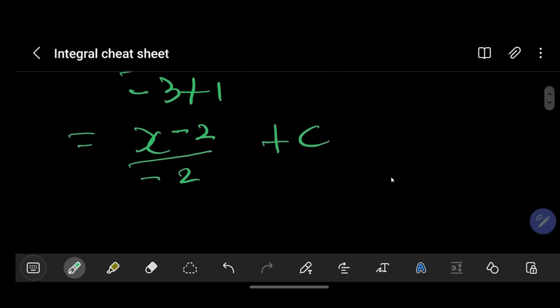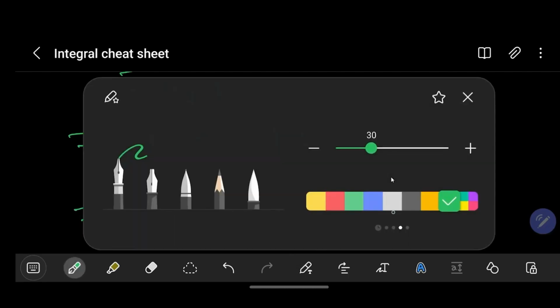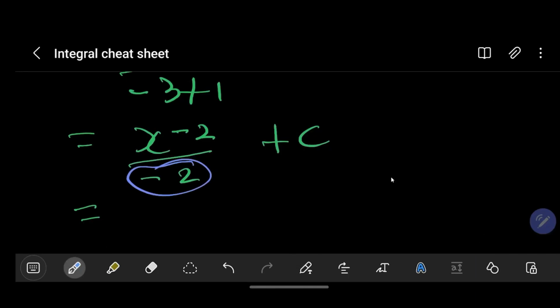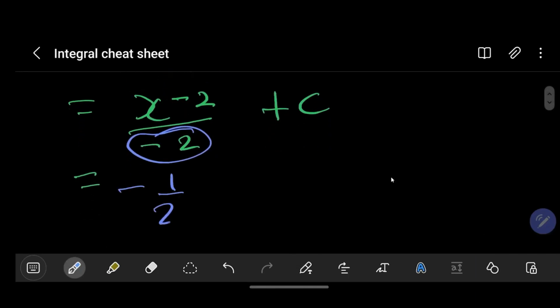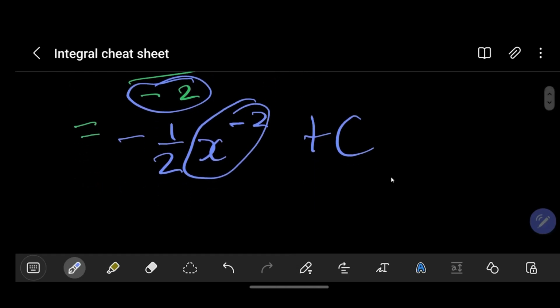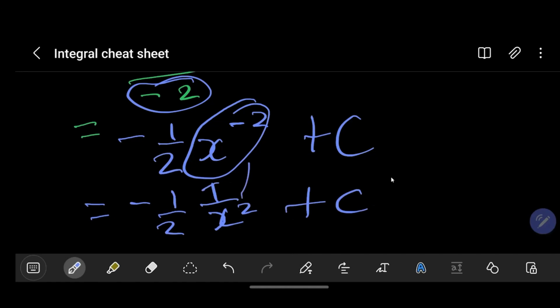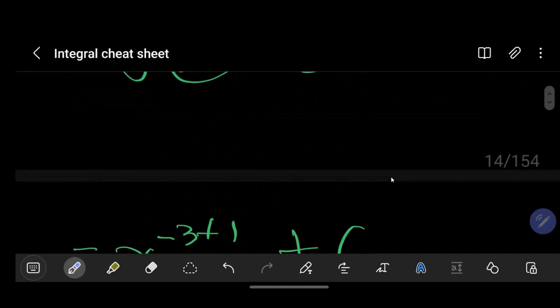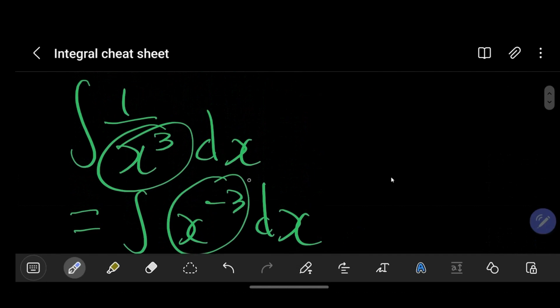Is this the simplest format? Not really, because we can bring out the minus 2. So let me just use a different color. So if you bring out the minus 2, that's basically minus a half, and we have x to the minus 2 plus c. But we can rewrite x to the minus 2 as minus a half times 1 over x squared plus c. This is the same as that, similarly to how we wrote it up here. Okay,